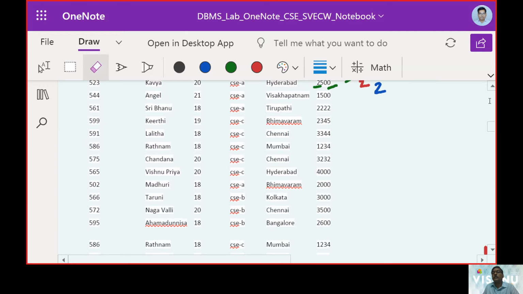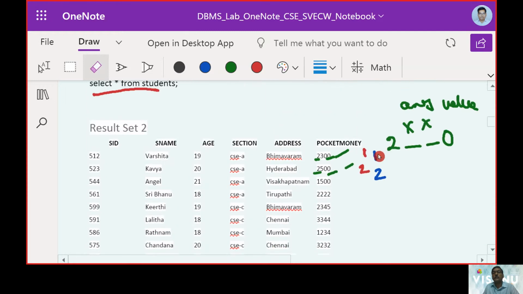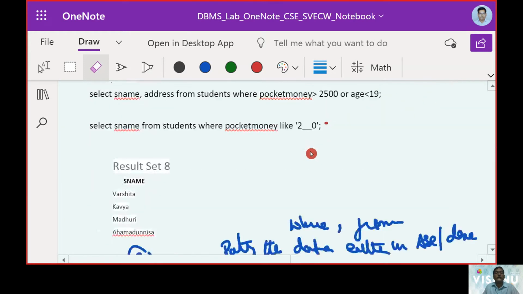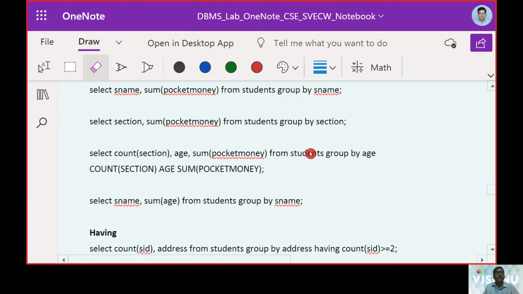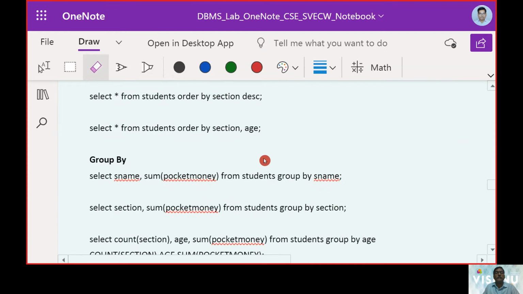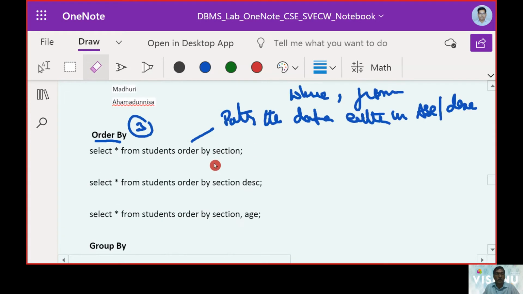So we are now in a way to erase the old content. Okay. Now, what was the question? The question was to put the things in order by. That too, we want to put it in ascending order.